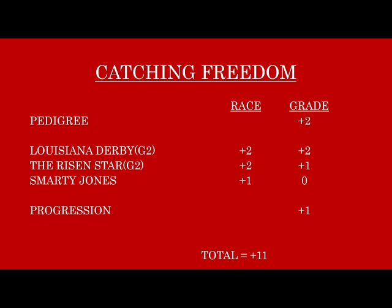But you see, pedigree-wise, he's a +2. Louisiana Derby was one of the better Derby preps, and he ran a brilliant race, so he gets a +2 for that. The Risen Star was a +2. He ran a good race, but it was skewed by his greenness, so he gets a +1. Smarty Jones wasn't a bad race, but he won it, but he was kind of green, so he gets a